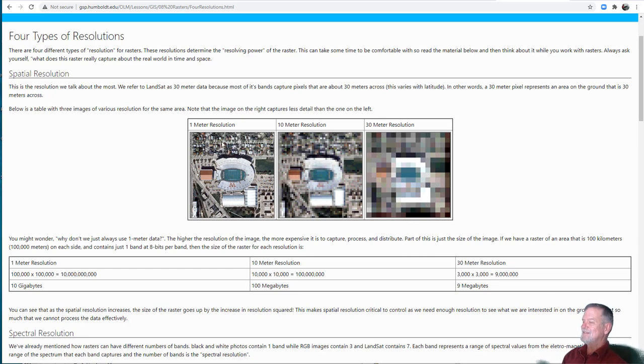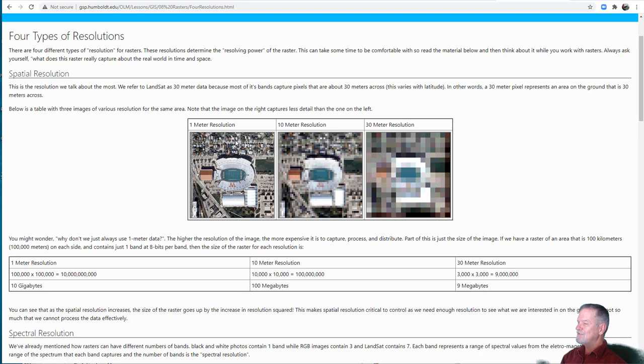Well, the problem is it's huge data. Okay, in fact, as you go from 1 meter resolution to 10 meter resolution, and this is really important to know, the size of your files, or the number of pixels in your file, goes up by a factor of 100. Because it goes from 1 meter resolution to 10 meter resolution in the X, and the Y. So this is really important to remember, is that as you go from 1 meter resolution to 10 meter resolution, in other words, as you go from